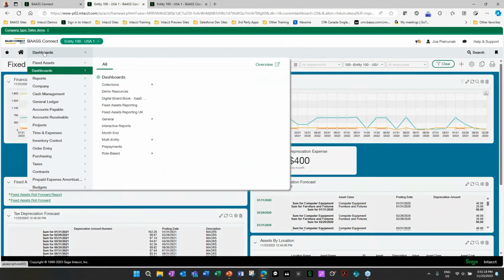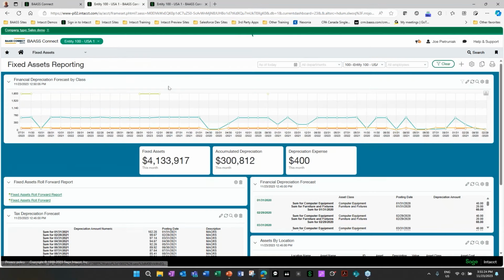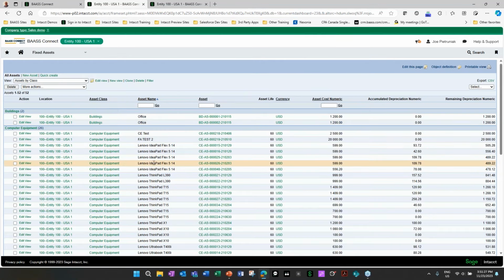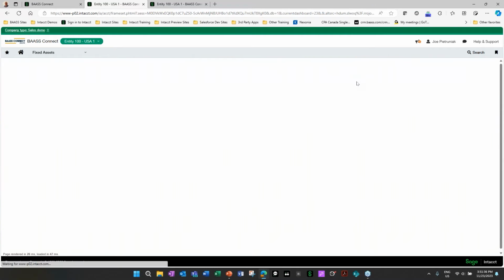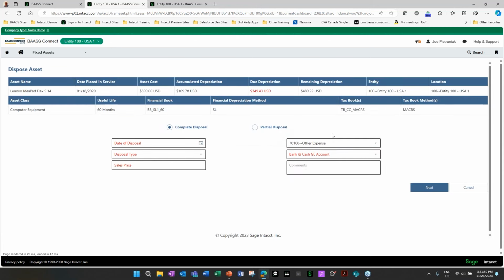When disposing of an asset, it is just as easy. So we'll go to the asset. Let's look at this equipment here. Let's view this asset, and what we're going to do is dispose of this asset. When it disposes of the asset, it will write off the capital cost, write down the accumulated depreciation to zero, and post it into the proper gain or loss account as need be. So we can put in our date of disposal,